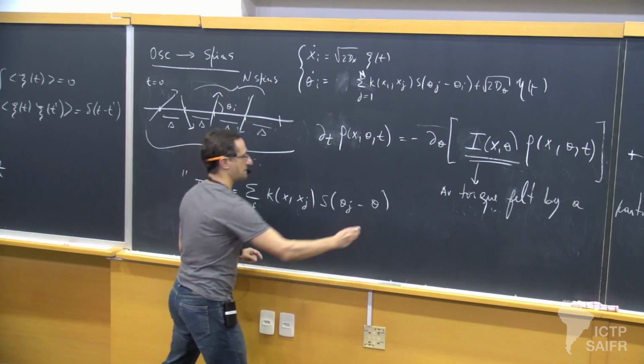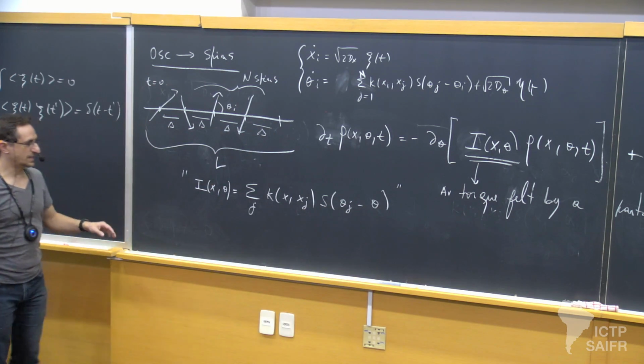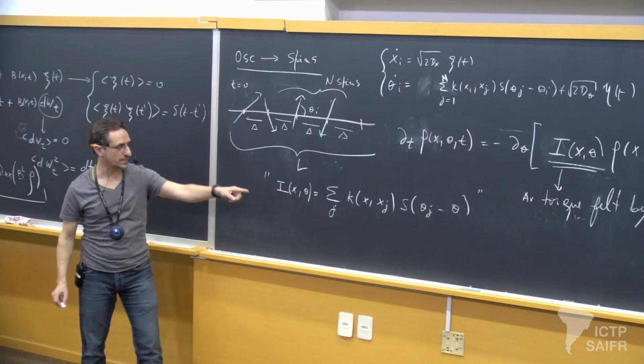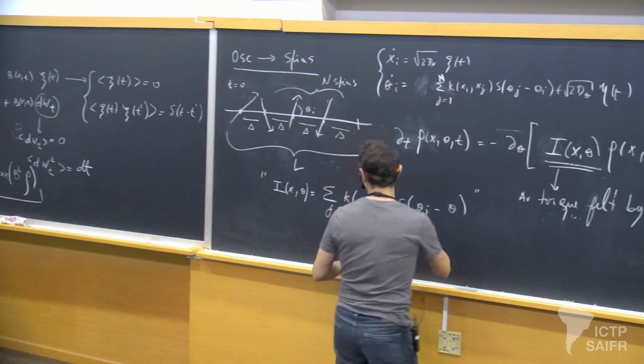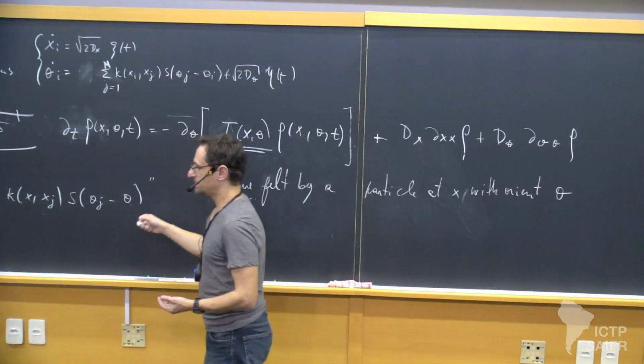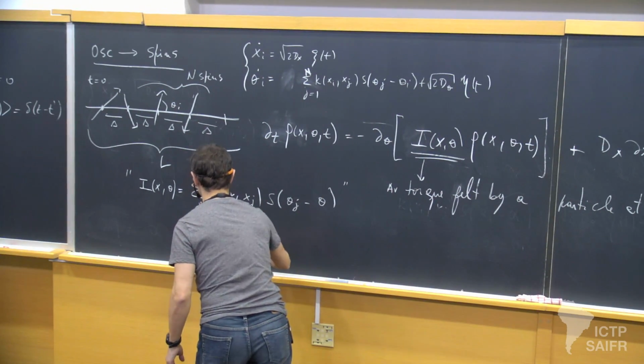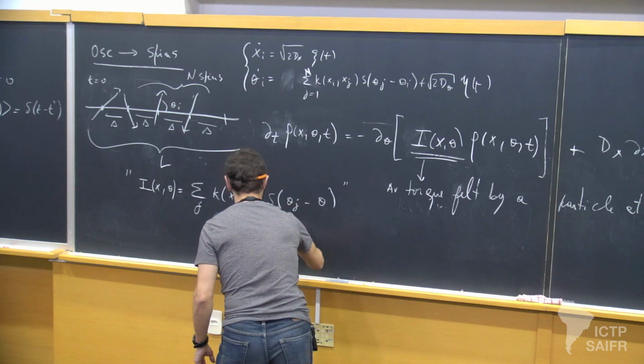This is what I want, right? I put it like this because this is not what I'm going to write. Now, that means that I need to know where everybody is. And you can see that one way of interpreting this quantity is to say